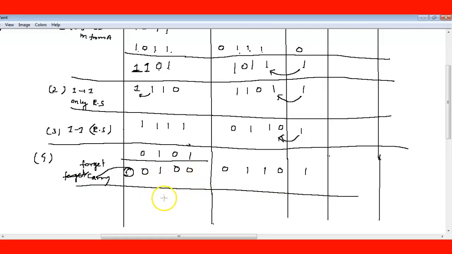So if you do the right shift, then it will come 0 1 0 0, and this is 0 1 1 0, and this is written as it is, which is the previous value, which is 0. This will also be 0. So now we have to stop, we do not proceed, because we are multiplying 4-bit numbers and our 4-bit steps are over.